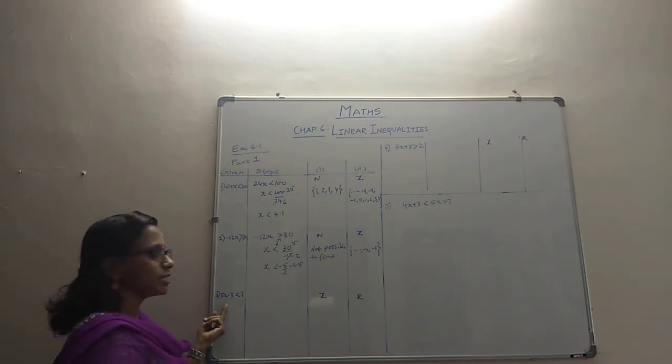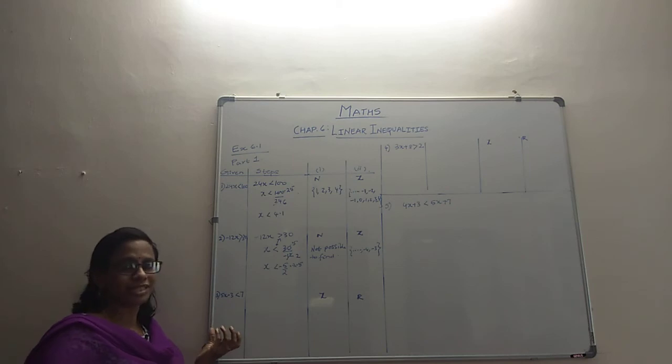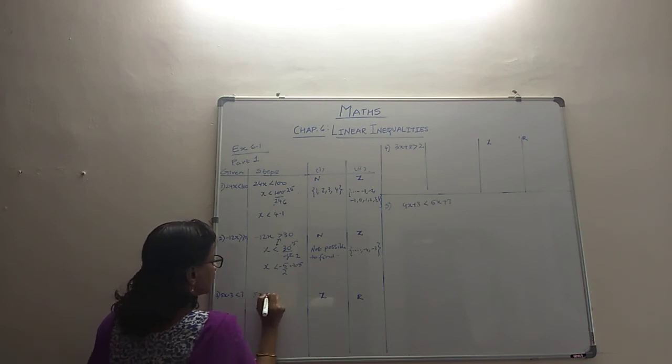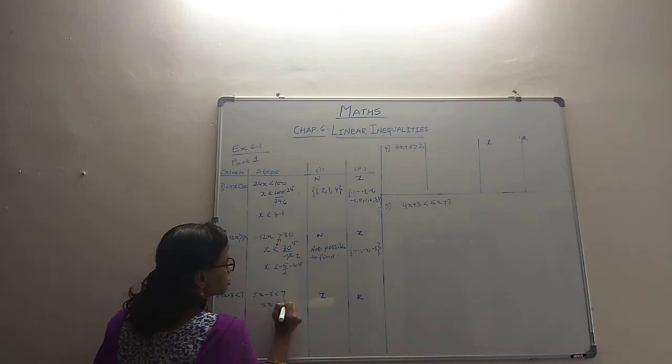Now this is like our equation, it's a linear one: 5x minus 3 is less than 7. Let's see how it comes. 5x minus 3 is less than 7. First let the -3 go, as we do in equations. So it is 7 plus 3, so 10. 5 is multiplied, so it goes on the other side, it becomes division.